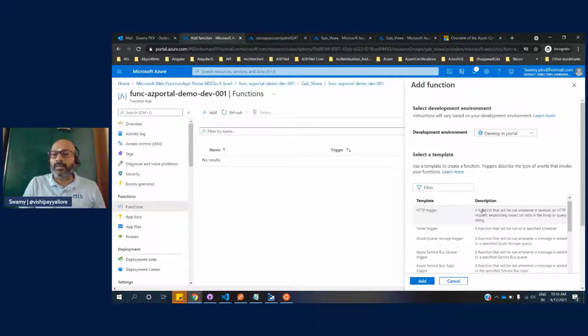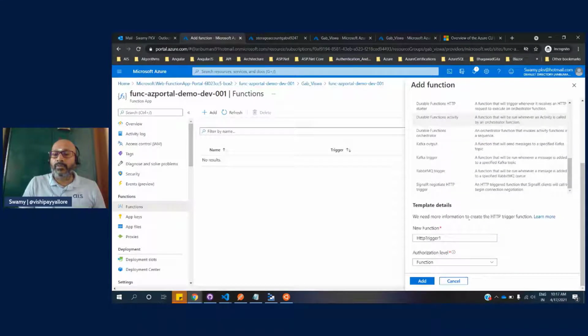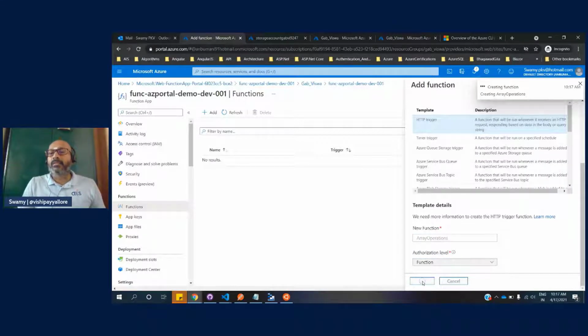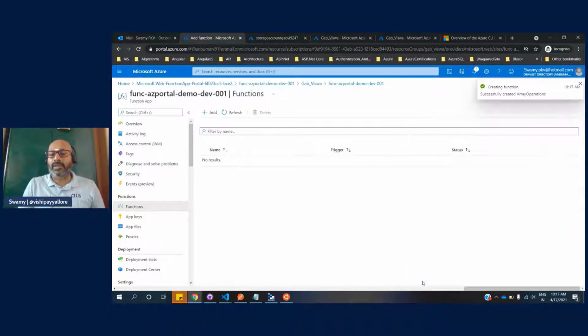I selected the HTTP trigger. By default, it uses HTTP trigger 1 as a name. I changed that name, and the authorization level I'm choosing is function. Anonymous means anyone can hit. Admin is an additional level. I just create with the authorization level of function, and that gets created.